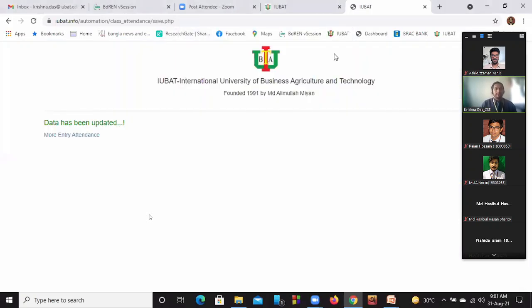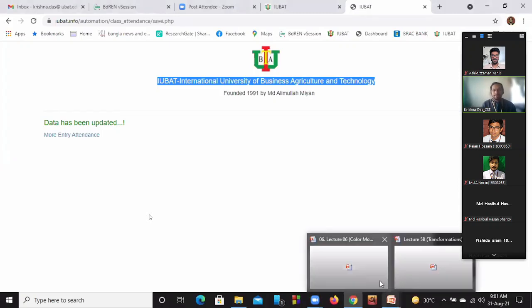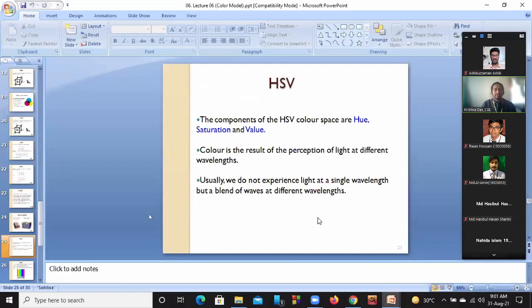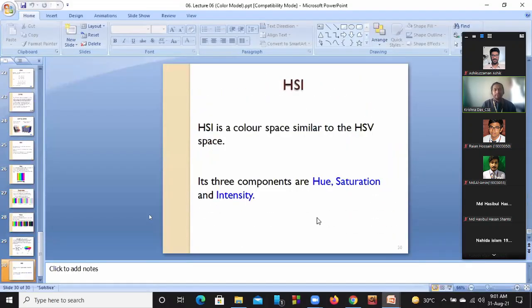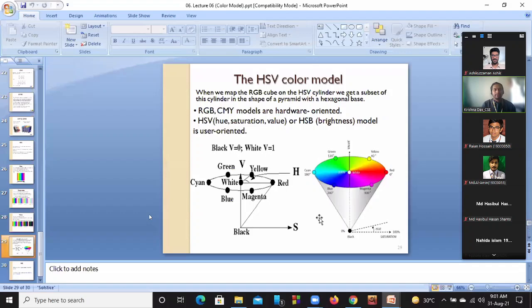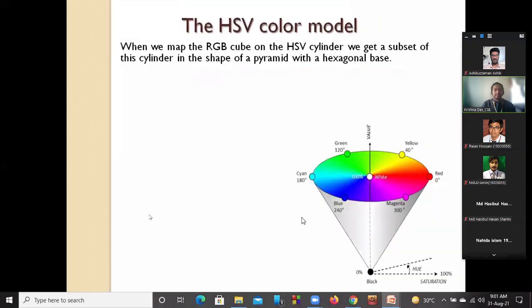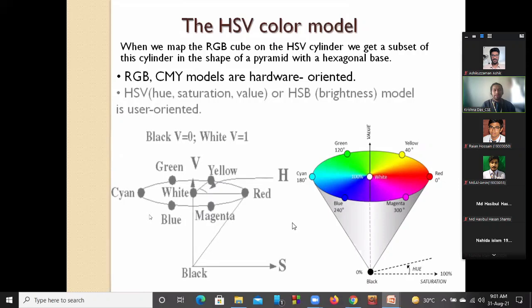All right. Let's get back to the content about the HSV color model. That could be discussed with a cone shape, which will give us a better idea to understand this model.